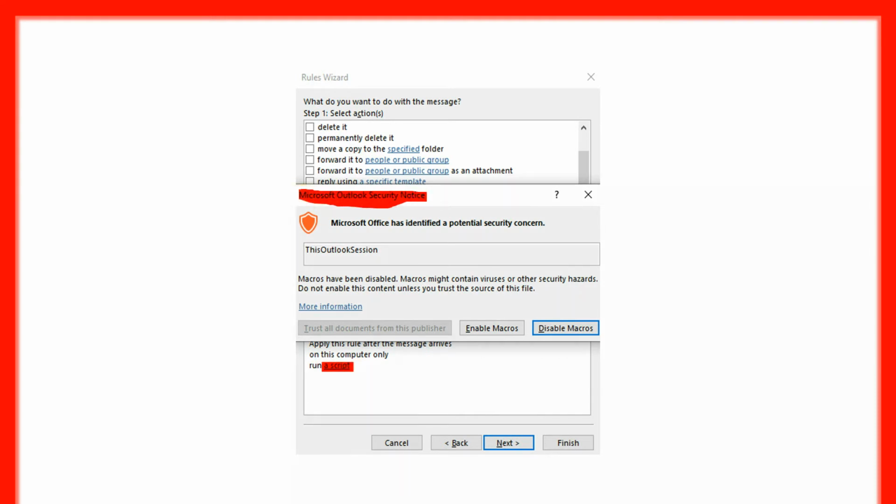And why is this window coming? Because when we set up the macros, we specifically clicked notify me. If we had clicked enable all macros, it would not have notified us, but that is actually not a right practice. So we clicked on notification so that it notifies me whenever I am about to run a macro, whatever it is. Okay, so now this is that.